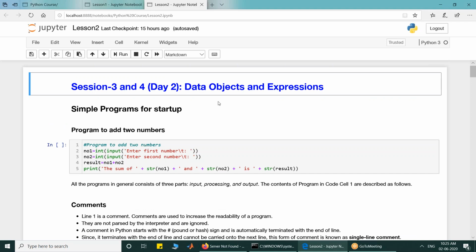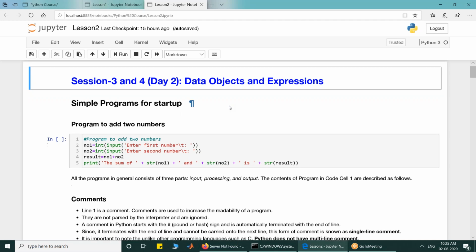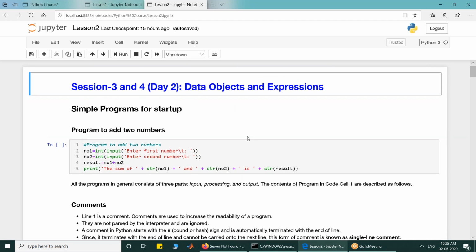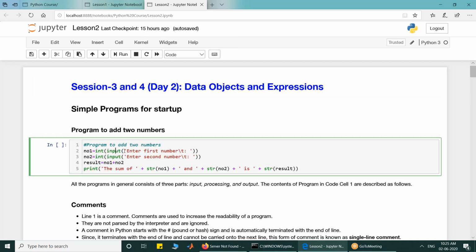So I would like to have quick execution of a few of the programs, and then I'll start with expressions today. So this is a very simple program that is being shown on your screen. I want to add 2 numbers simply. So what I have done is I have taken the first number, and I am taking input as discussed yesterday.